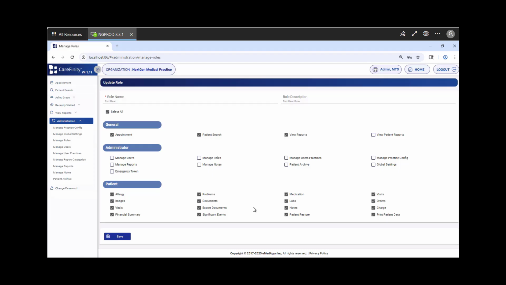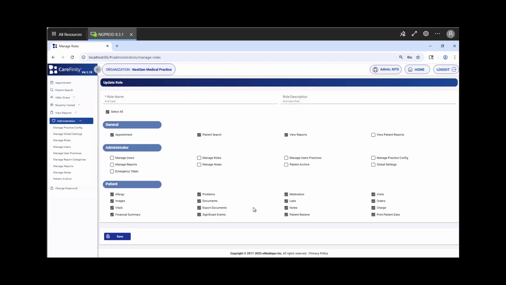That may be a feature that you want some end users to have, but you may think, well, I really don't want every end user to be able to print and export information from CareFinity. Maybe I only want some end users to have that privilege. Maybe my team leads or specific roles within the organization. And maybe I want most of my end users just to have